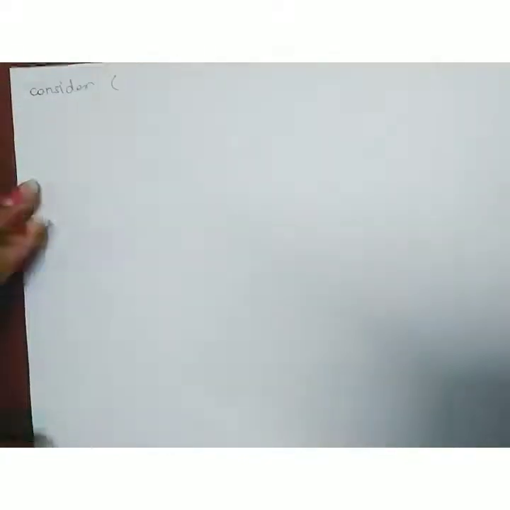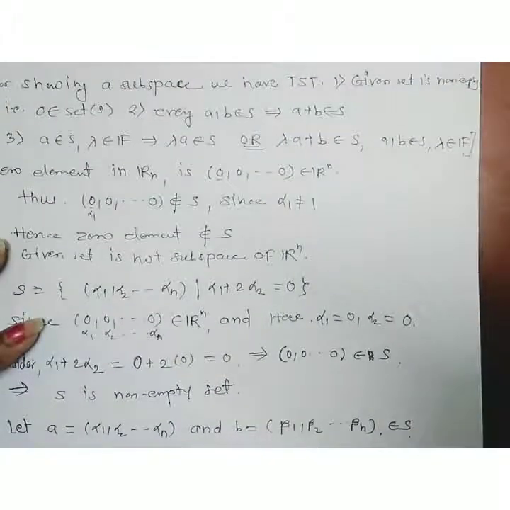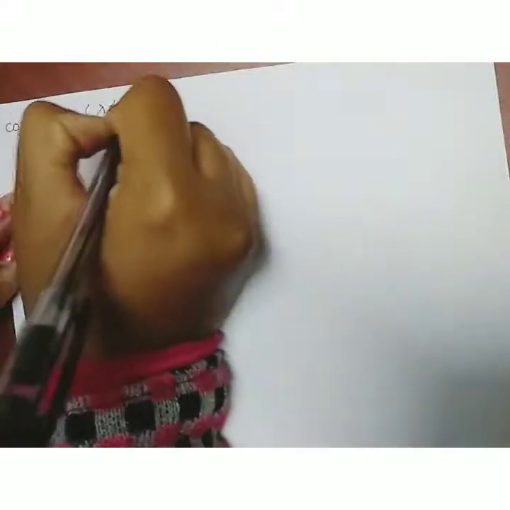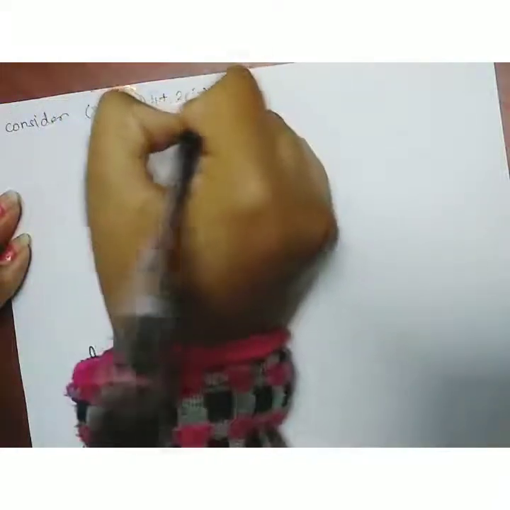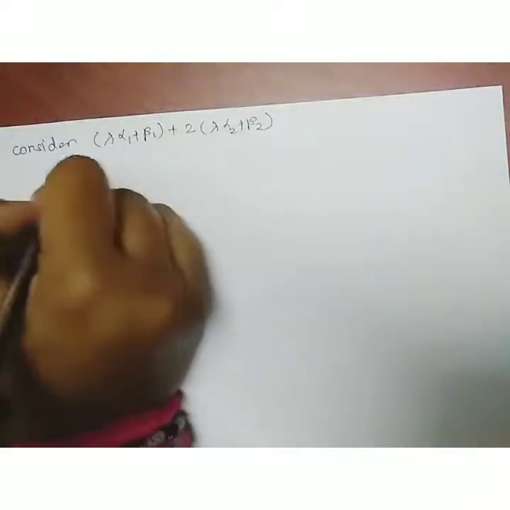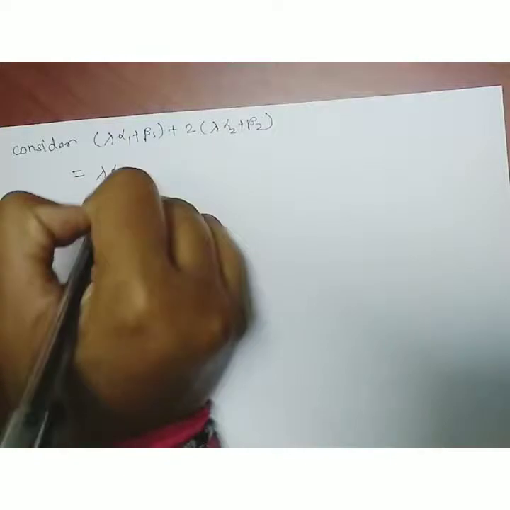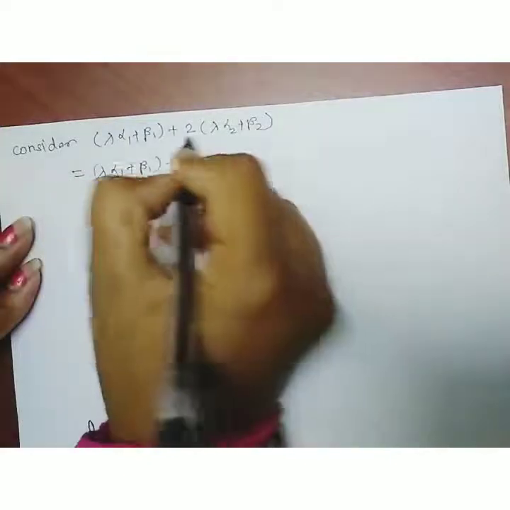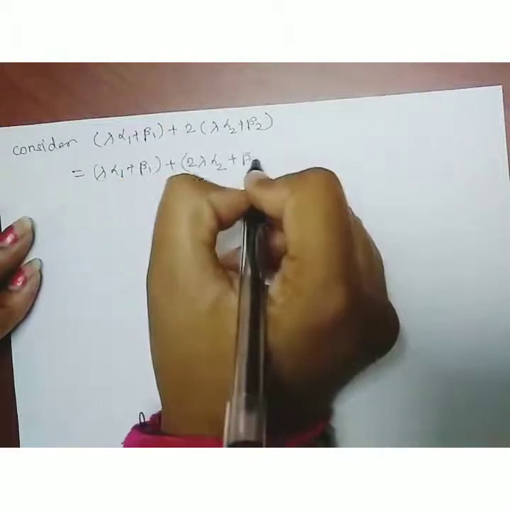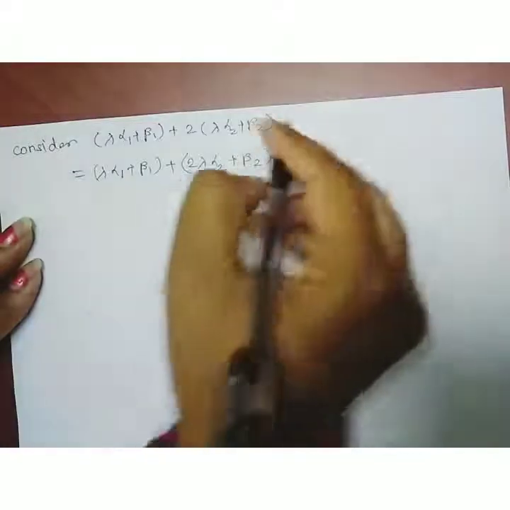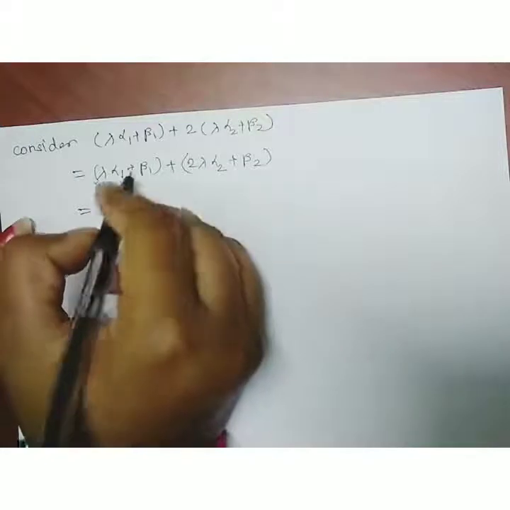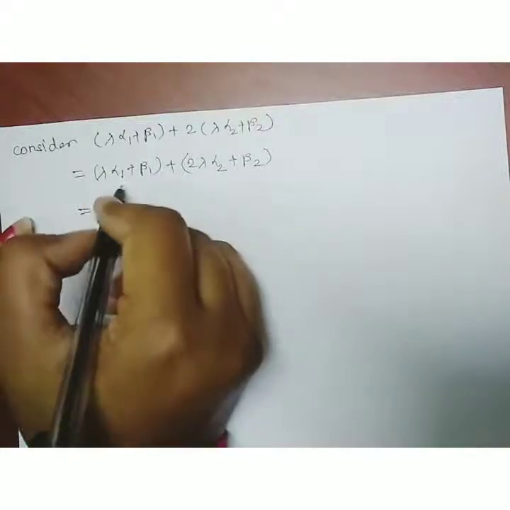What is the condition? We have to show that lambda alpha 1 plus beta 1 plus 2 into lambda alpha 2 plus beta 2 is equal to 0. Now consider this, which is equal to lambda alpha 1 plus beta 1, this is as it is, then multiplied by 2, 2 into lambda alpha 2 plus beta 2, therefore which is equal to, then take a lambda inside the bracket, therefore this is nothing but the